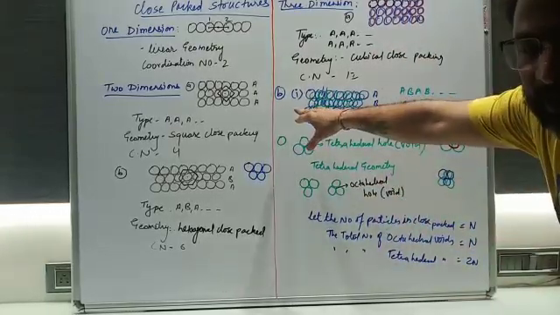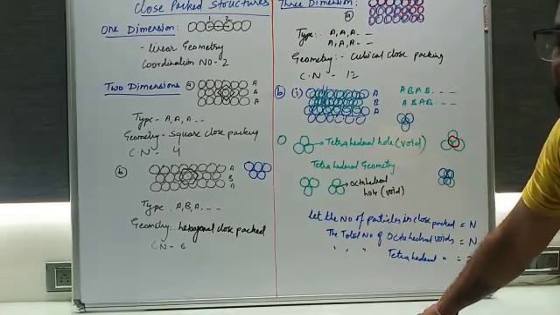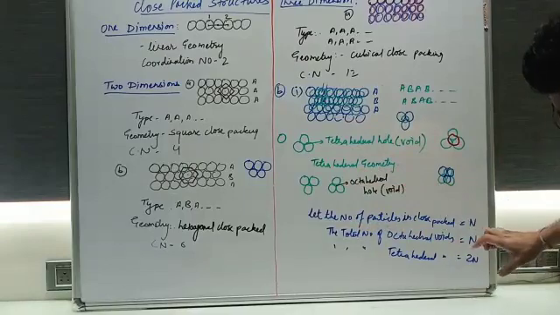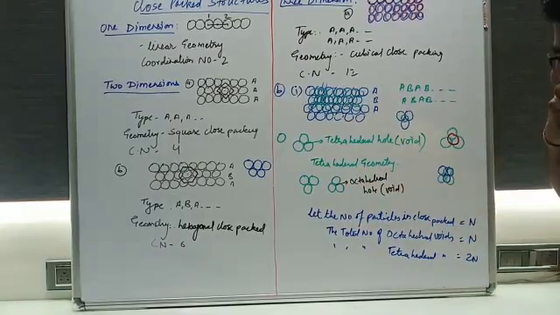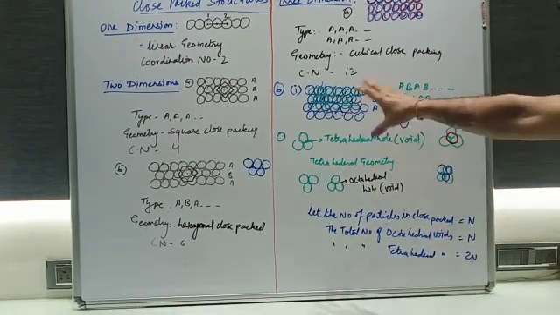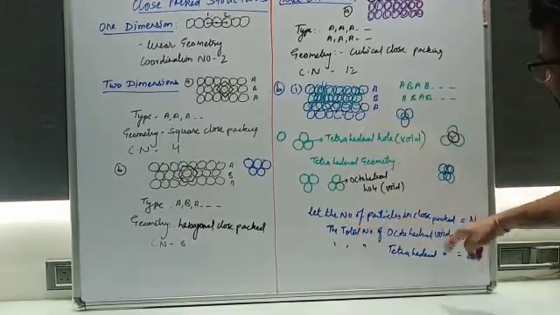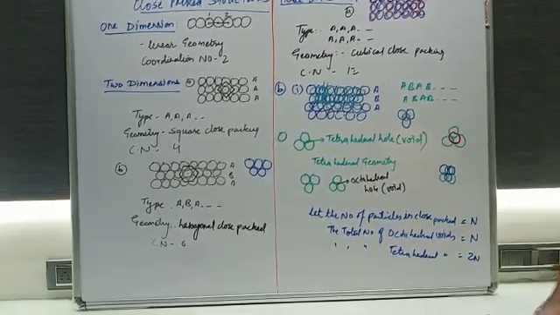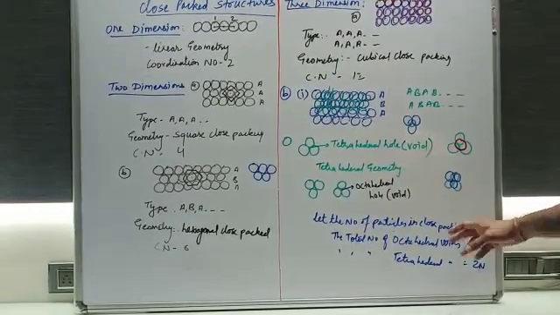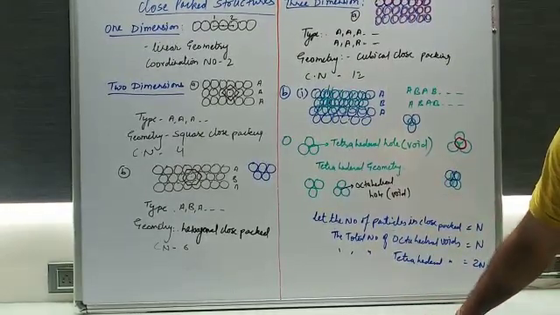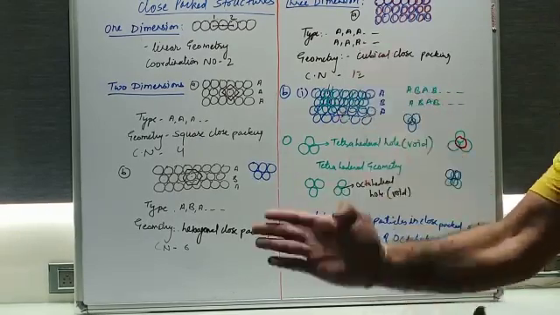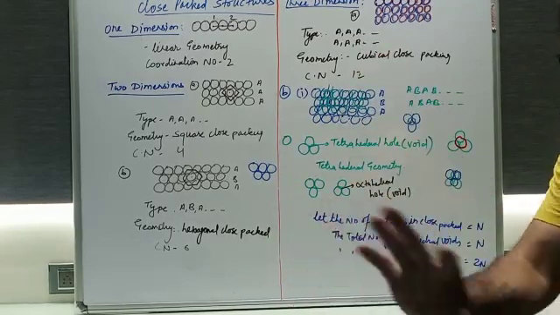This is the first type of arrangement. We have one more arrangement. I'll show you. Is it fine? We have to take one more layer on this. Is it clear? So after doing the clarification of all these things, suppose in this area you take the number of particles in the closed packed structure, that will be equal to n. Okay, then how many octahedral voids can be produced? The octahedral voids produced will also be equal to n. So that means the number of particles and the octahedral voids are both equal in that case.